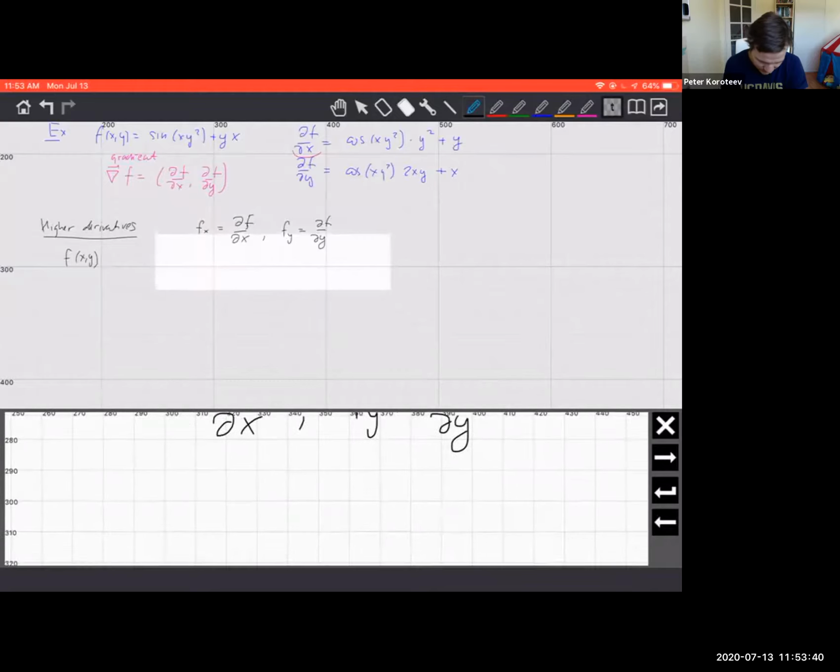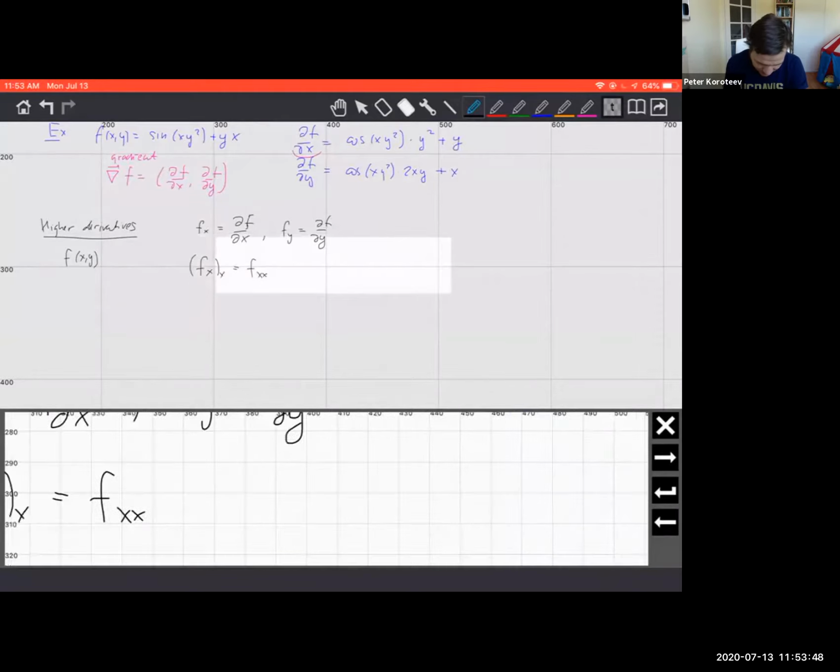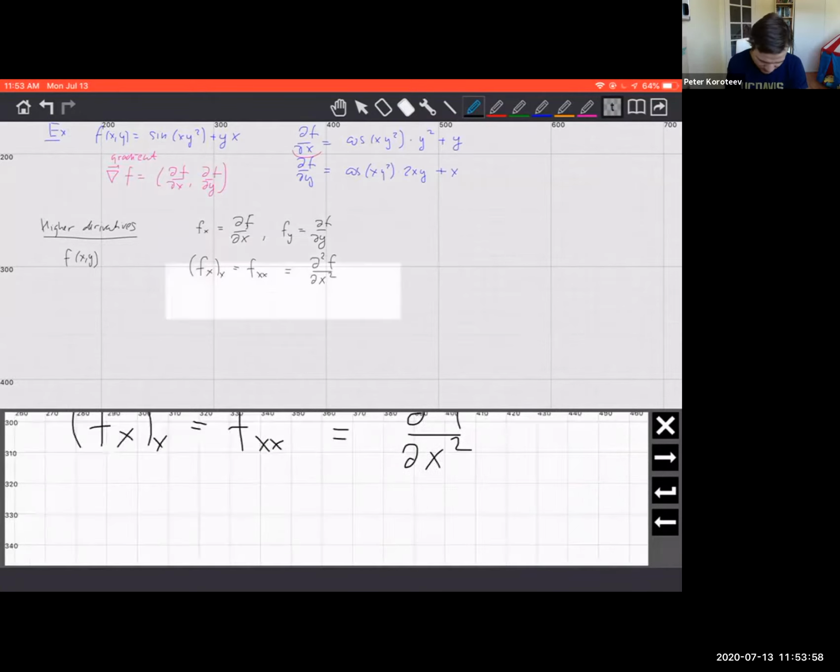So we can define f_xx, the second derivative with respect to x, or it's d²f over dx². And so that's one thing you can do. Then you can do